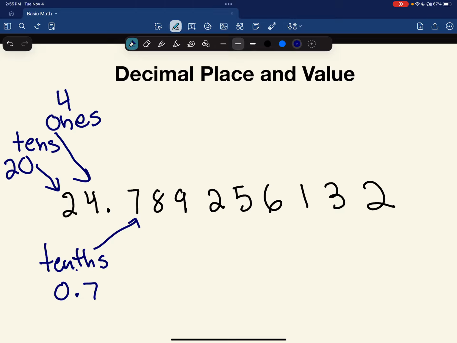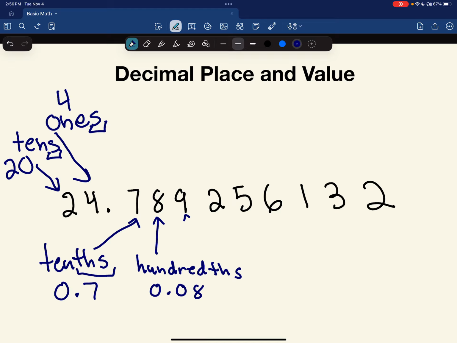Notice, it's tenths, THS. Before the decimal point, we just use one S, and then for digits after the decimal point, we use THS. We also skip 1. We go straight to 10. So we go tenths, and then for the digit 8, this would be in the hundredths place. And this has a value of 0.08. Notice the 7 became a 0. So all the digits between the decimal point and the 8, which is just 7, became 0.